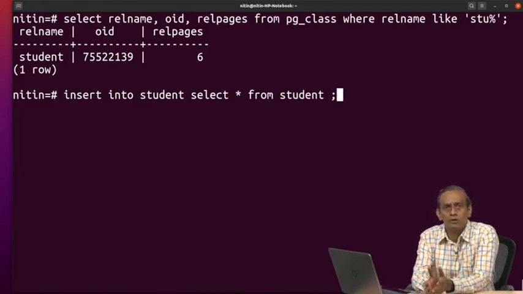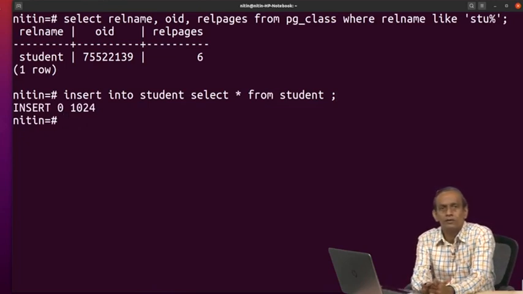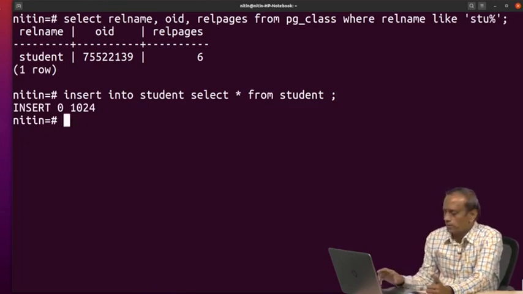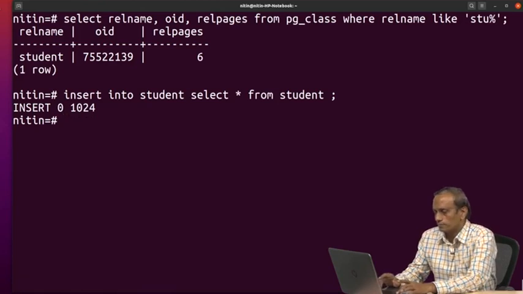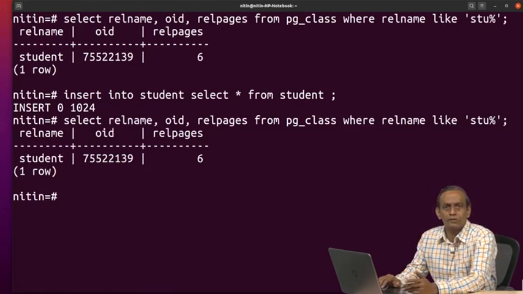The total number of records became double 512, so 1024, and to store those 1024 records, earlier 512 records comprised 3 pages, now 1024 will comprise 6 pages. If I do this again, the number of records would be 2048. If I check the pages now, it will take some time to reflect.